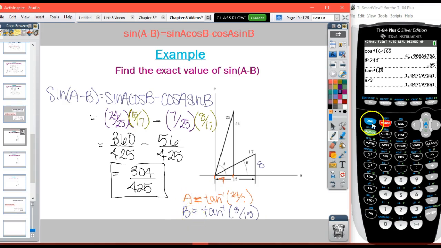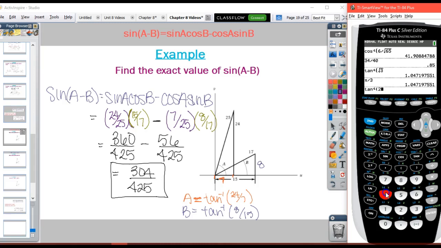So in degree mode, I'm going to take tangent inverse of 24 over 7. We end up getting a 73-degree angle represented by angle A here. Tangent inverse of 8 over 15 gives us this 28-degree angle here. And so keep in mind I was looking for the sine of the difference between the two. So I'm going to find the sine of the difference between the two angles, and I get an approximate ratio